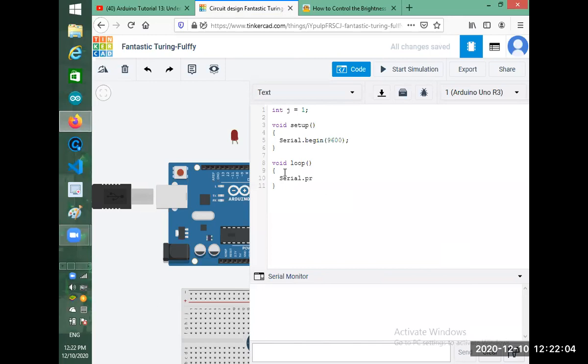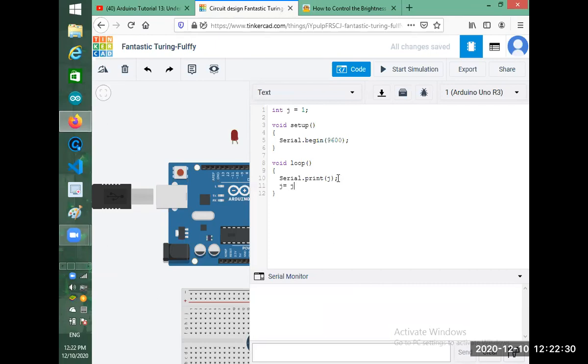Print means we are printing on the serial monitor. After print, we just write its name, so we print j. And we say j equals j plus 1.